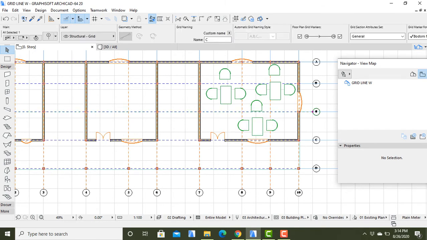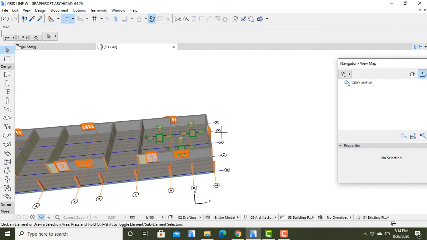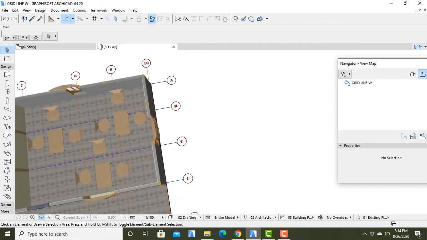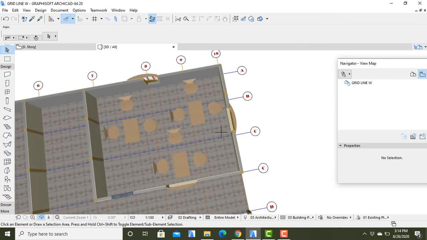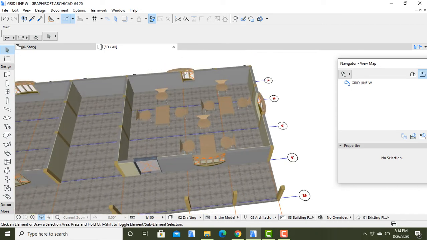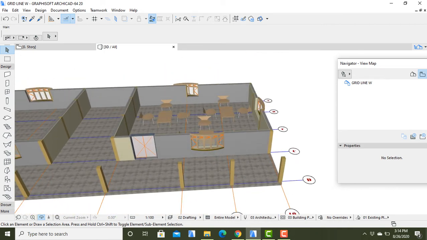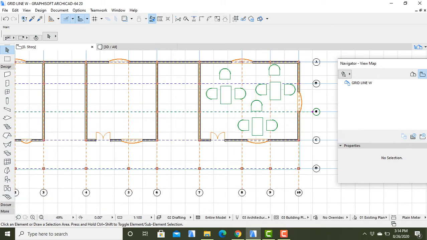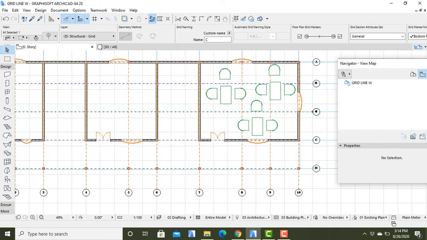So we can now check on the 3D part, see how our design is coming along. So I believe you can see that the arrangement is quite in order, and the room is taking shape. So the rest we can do is now come to